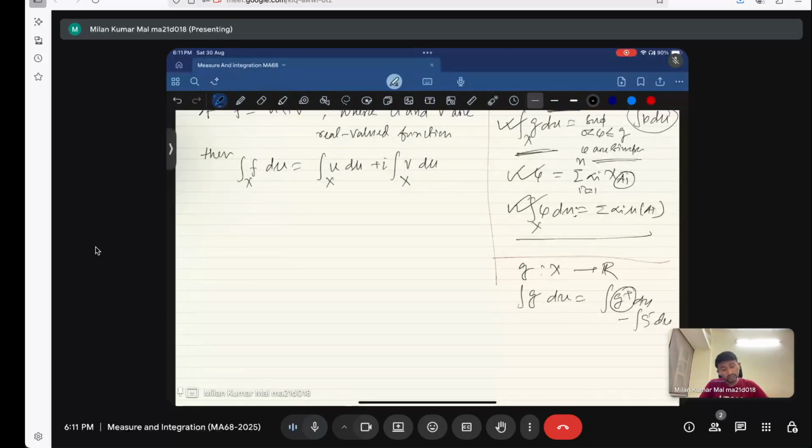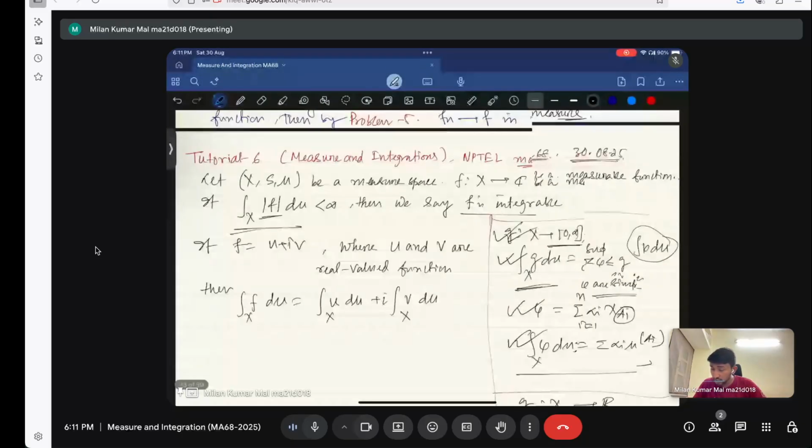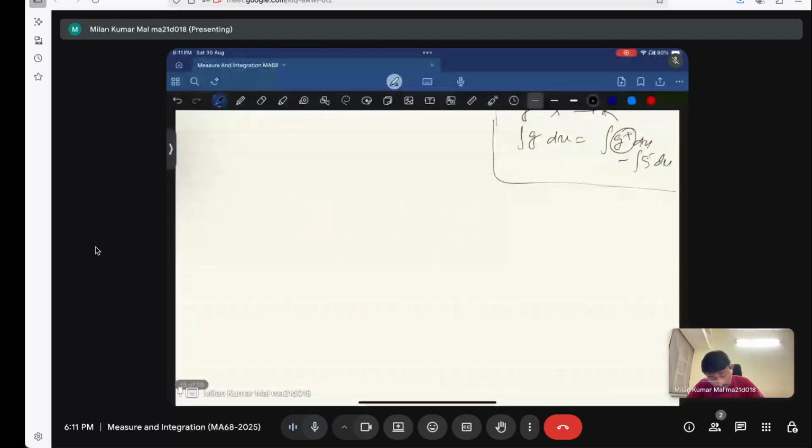Okay, so this is the way one can give the definition. So this is the definition of measurable function. So with this definition, the monotone convergence theorem says that